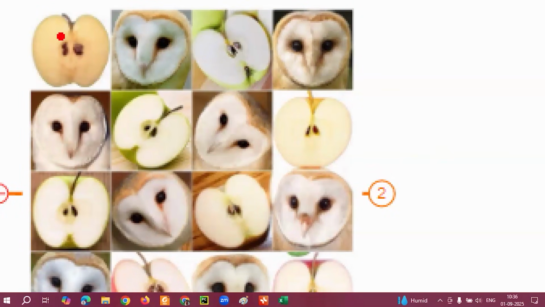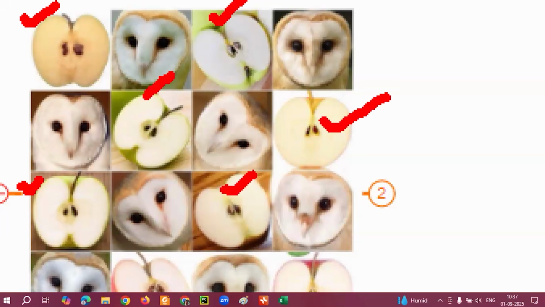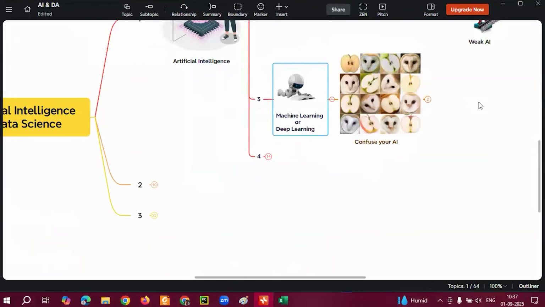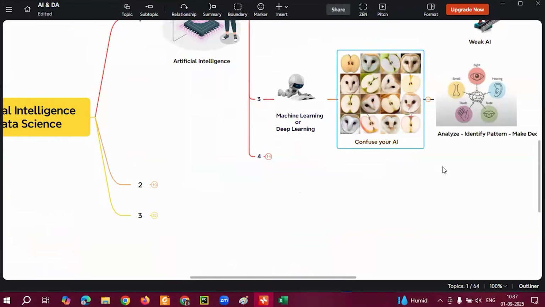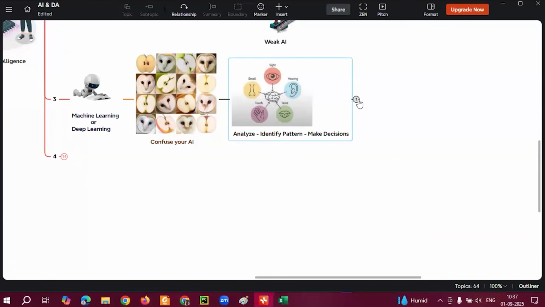But here what happened? There are some apples also available. These two are looking like what? It felt like in the previous example. At the time of giving training, identification is very, very important. Observe, this is an apple, this is also an apple, this is also an apple, and this is also an apple. Mixing, so your AI gets confused. It has to give the correct answer. In order to give correct information, the same pattern of how you collected data, it has to collect the data. So both machine learning and deep learning concepts are required.